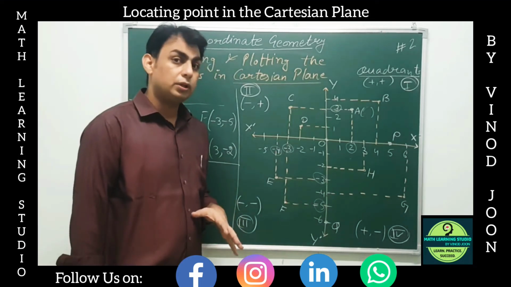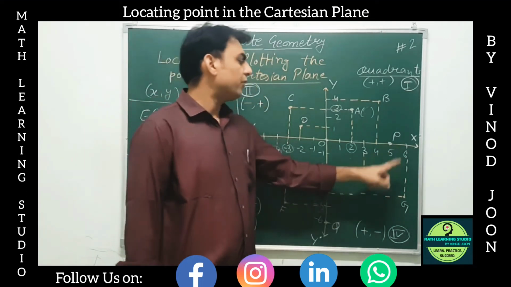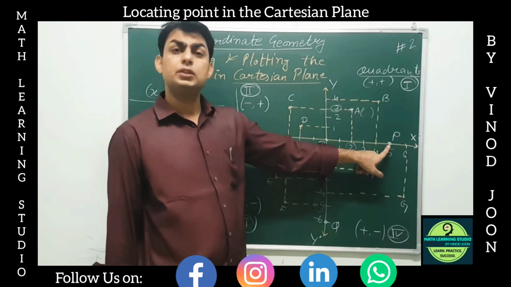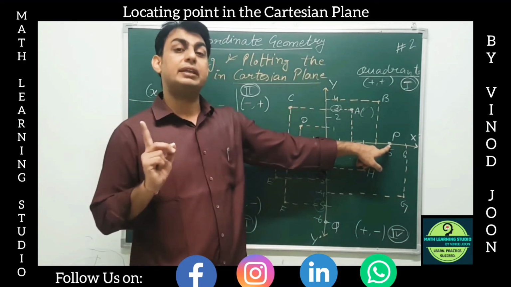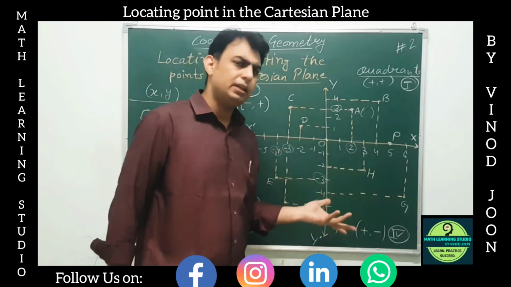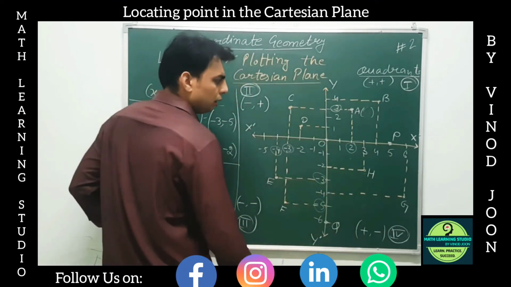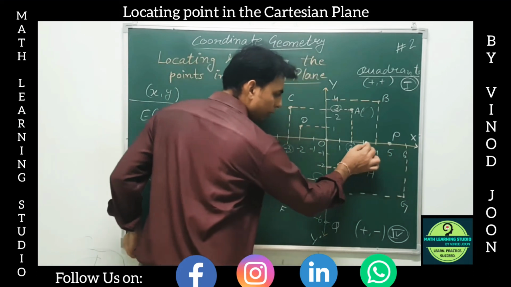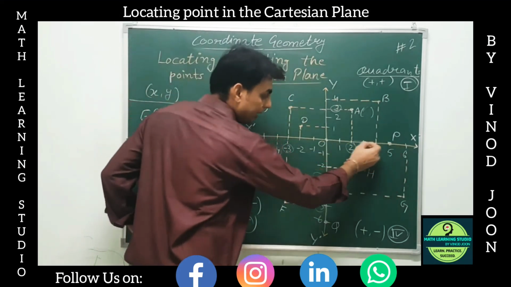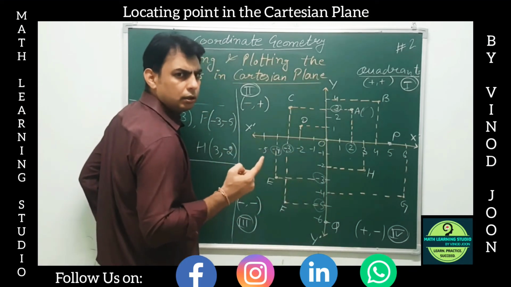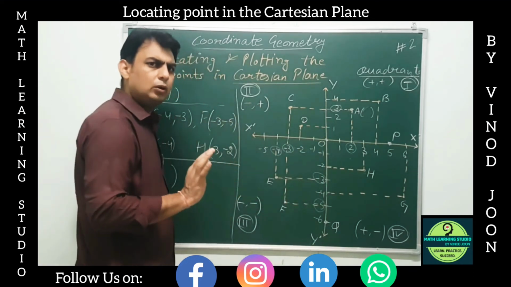So let us find out the coordinates of the point P. वो कैसे find करेंगे भाई? Again from point P there should be two perpendicular lines going to x-axis and the y-axis. But do we see two lines going from this point? No, we can see only one line going to y-axis, right? It is coming to the y-axis at point 0. So y की वैल्यू मालूम पड़ गई 0.